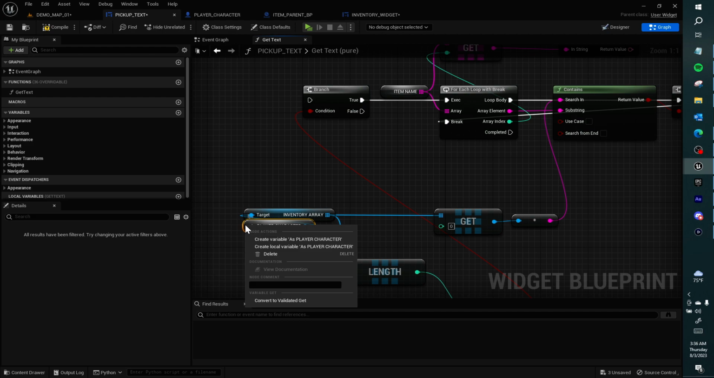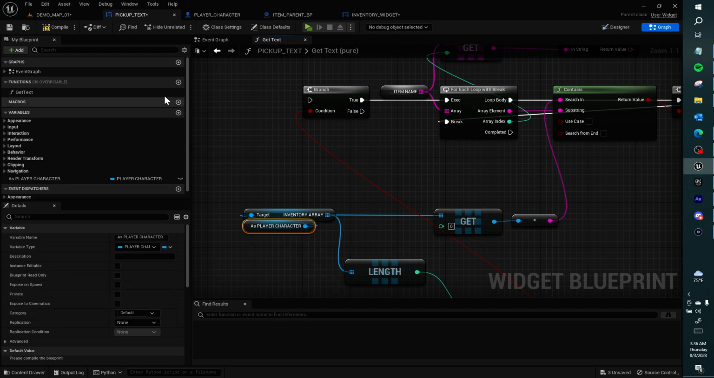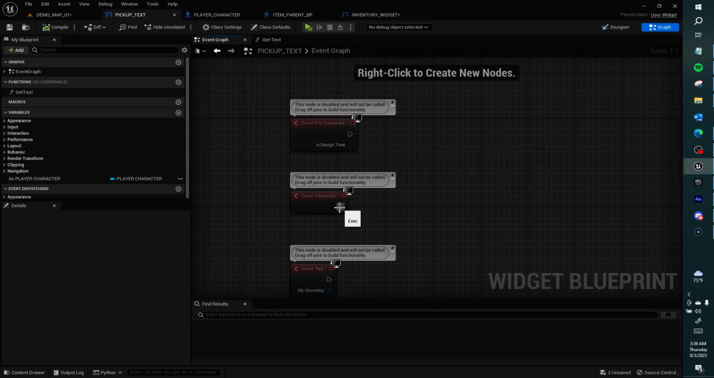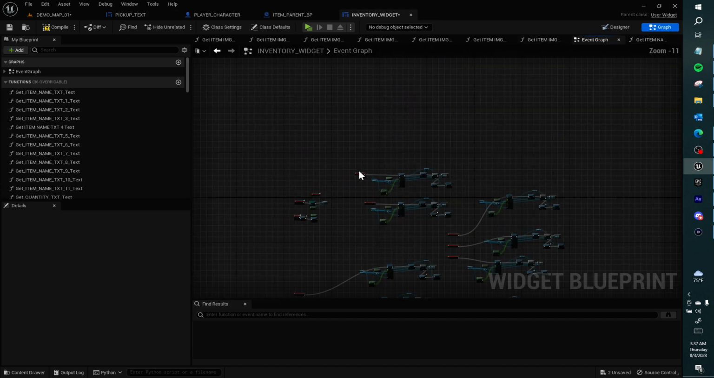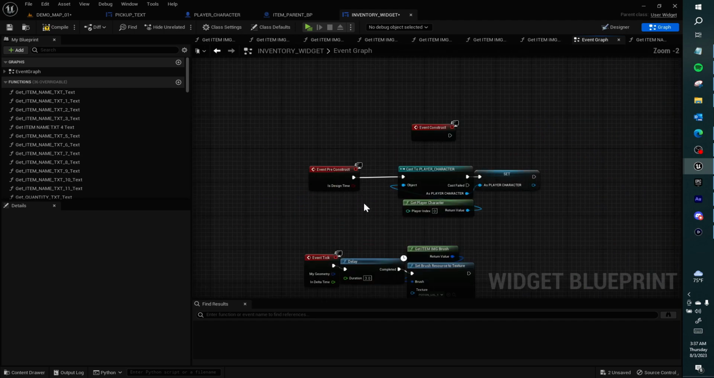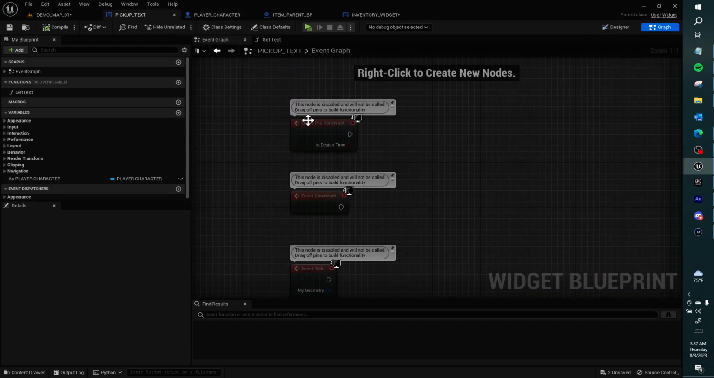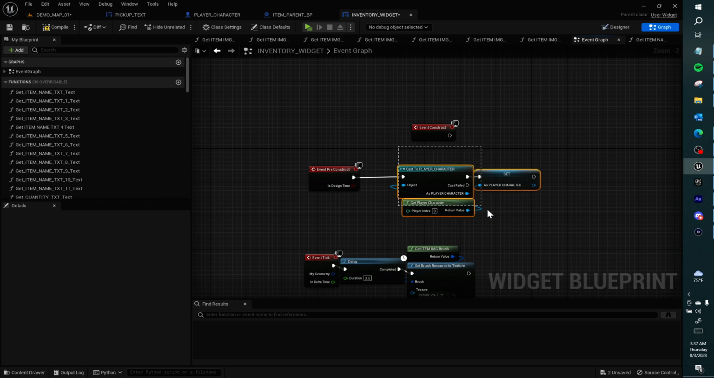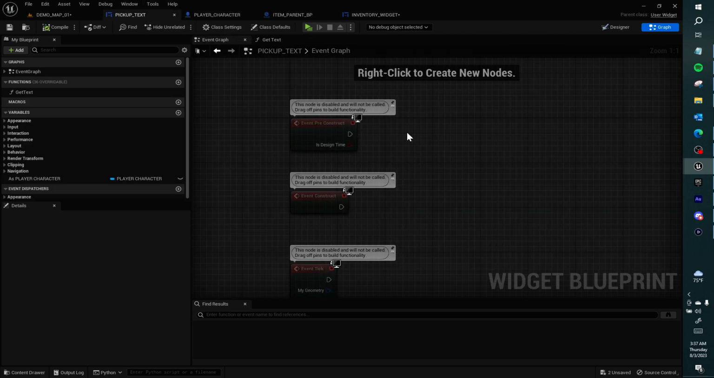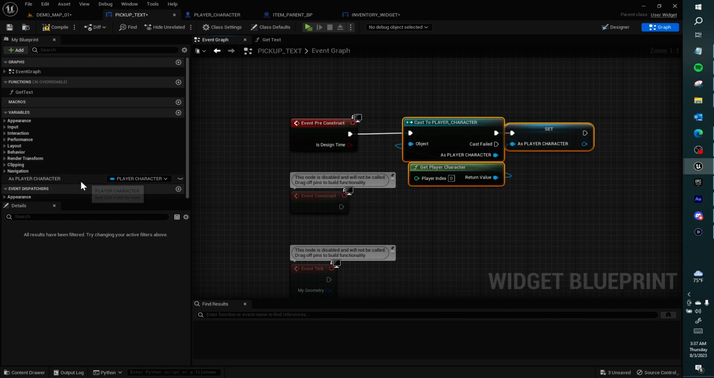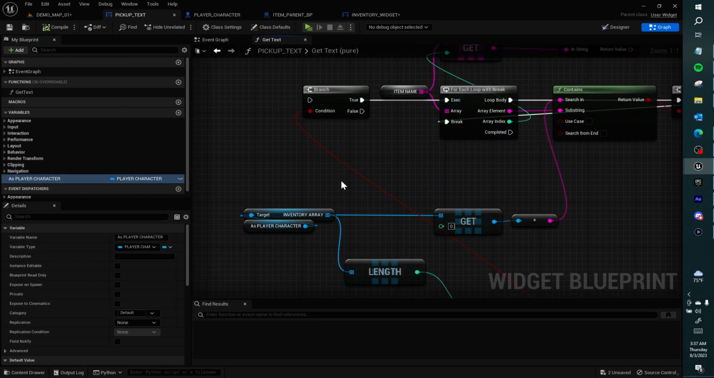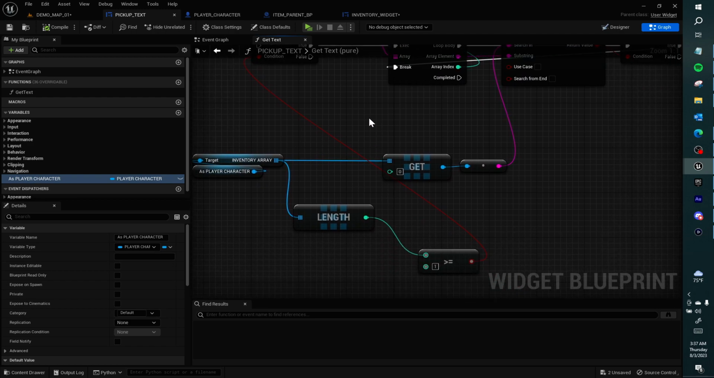So I want to right click and create variable as player character. I'm going to go to the event graph and on, what do we use? Let's see. Stay consistent. We used pre-construct. Okay, we use pre-construct and we actually can get this. This is what we need. And we've already got the variable created in this blueprint. So we get,